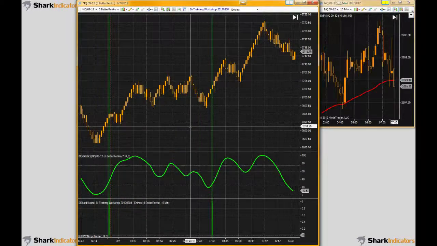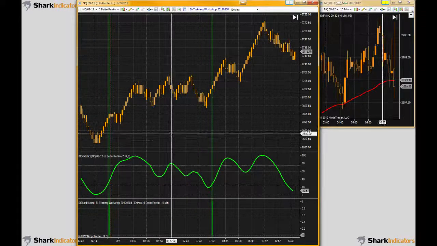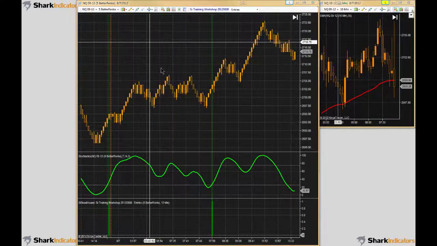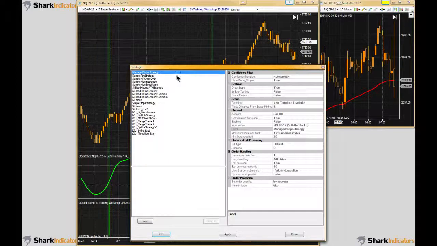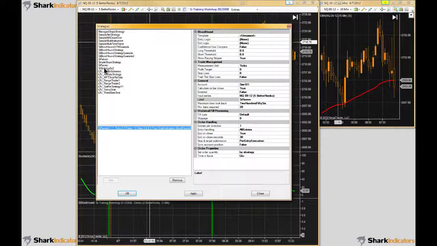So, alright, there's our system, and the next step is to put this in a strategy. Let's right click on the chart, go to strategies, and there is Raven, so I'll add Raven down here. You can see this interface here looks familiar. So what we need to do, actually let me